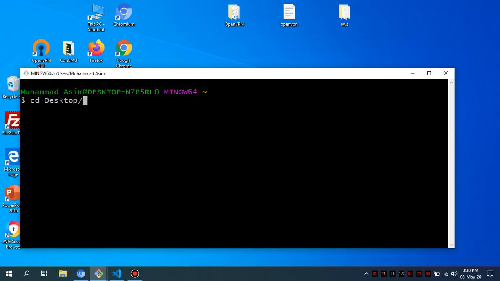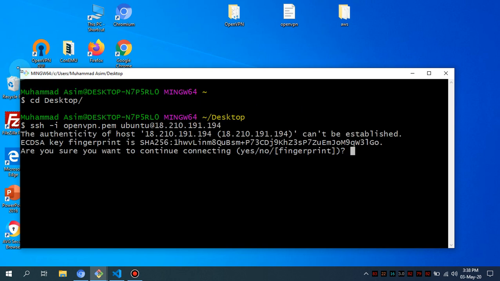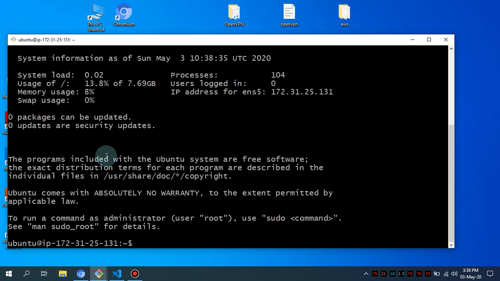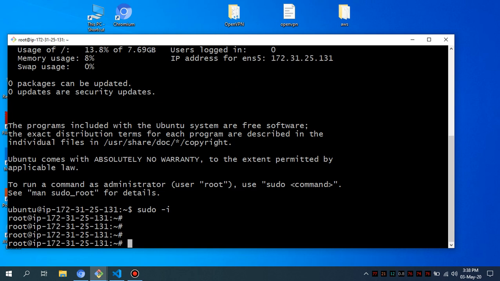So cd into desktop, simply ssh -i openvpn.pem is the file, and ubuntu is the username of this particular EC2 instance, and I'm going to select yes, and I'm in. sudo -i. Okay, so what I'm going to do is to first